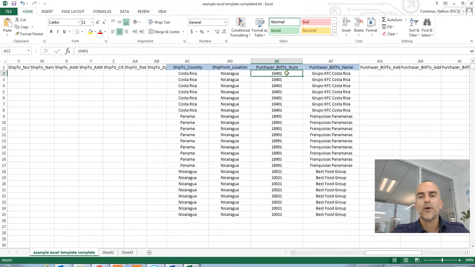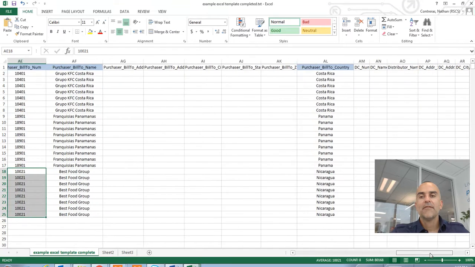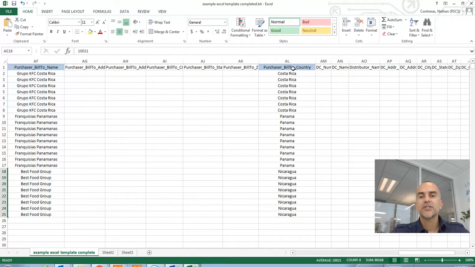Purchase bill to number. This is your customer's number. So for example, you're selling to the Grupo KFC Costa Rica, so their customer number for you is this number here. Then you're selling to Franquicias Panameñas. This is their customer number for you, and Best Foods Group in Nicaragua. And this is their client number. Again, this is however you have it within your company. And finally, purchaser bill to country. So in this example, the